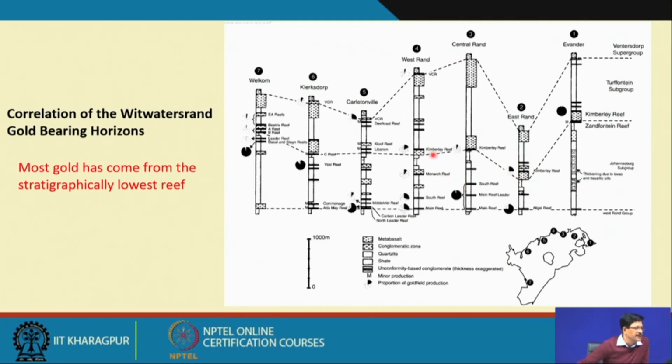These are the reefs, the gold bearing reefs, which can be very well correlated. And what is shown in terms of the pie circles here, with part blackened, is essentially showing the proportion of gold field production. So you could see that almost all are very extensively gold producing horizons here. And